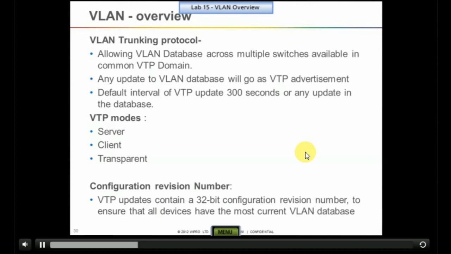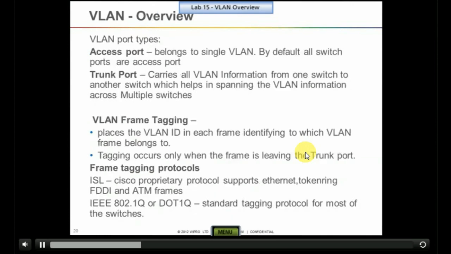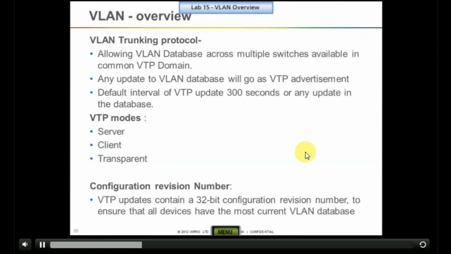Now let us try to understand some more additional information related to VLANs. A VLAN can span multiple switches, which we have already discussed, and a trunk carries the traffic for multiple VLANs. The trunk port is the one which actually helps in carrying the VLAN information, and a trunk normally uses a special encapsulation to distinguish between the different VLANs. This is what I was talking about with related to frame tagging. It can be supported with either ISL or .1Q.